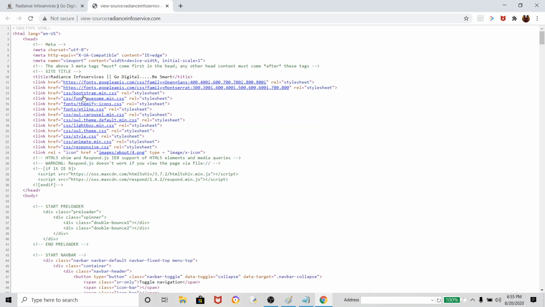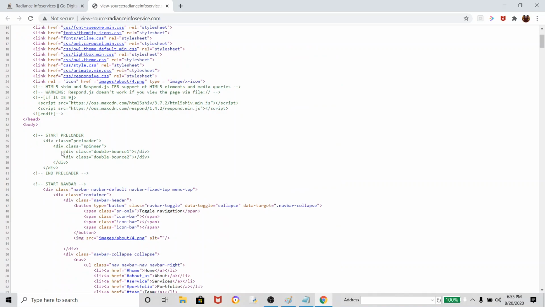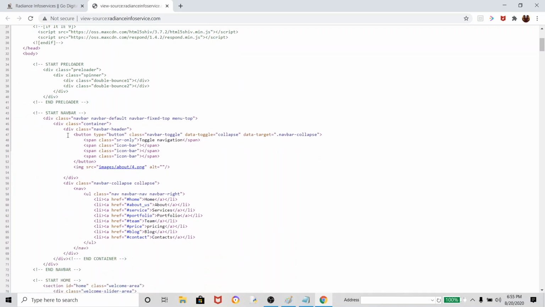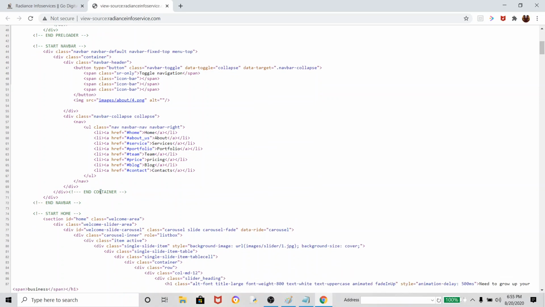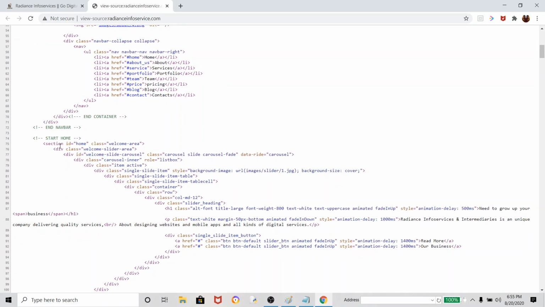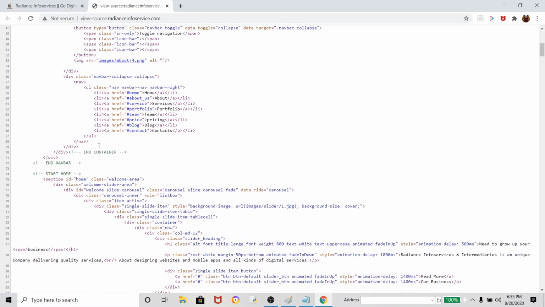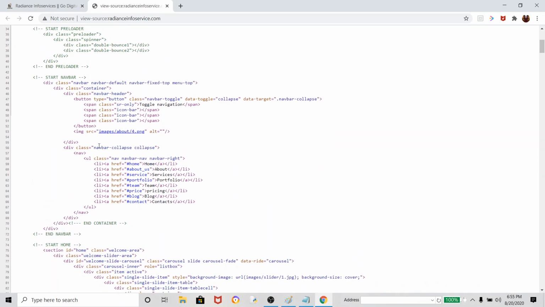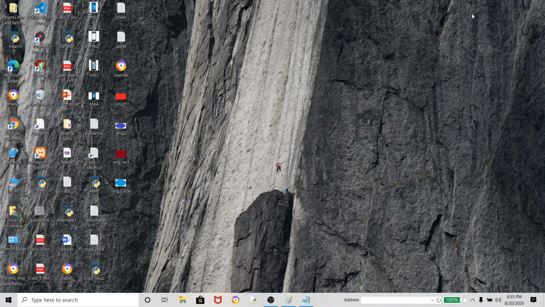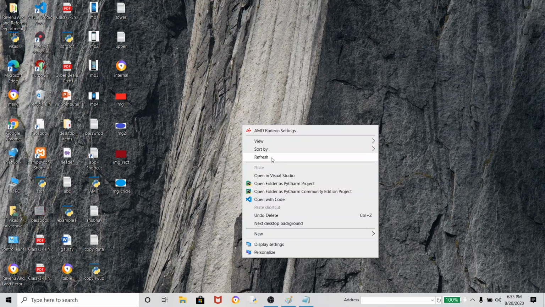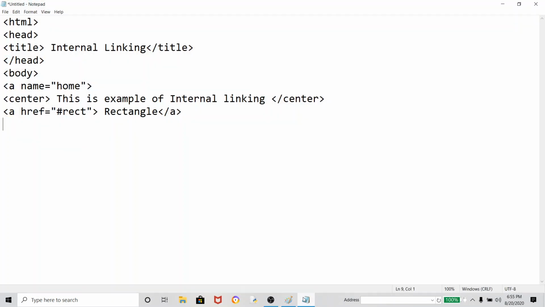Look here, that is CSS, preloader, navigation bar, content, and it is given by the home section, ID is equal to home. Clear? And then somewhere you may see where the links are given. Actually this is done by the CSS, so different parts are displayed, no problem, we will make that as simple HTML files. So here rectangle, and then we have a link a,